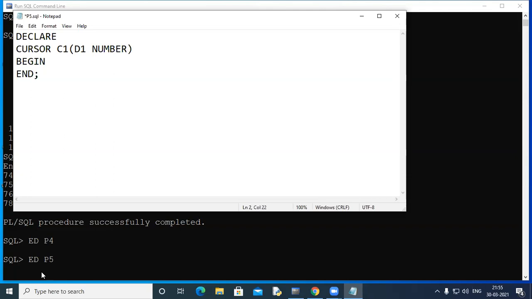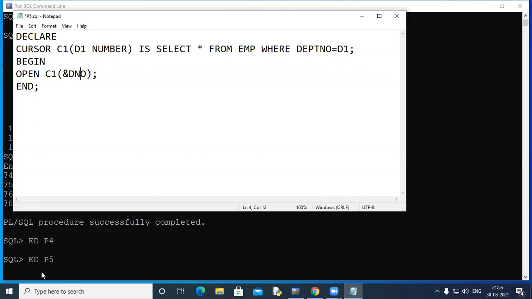Then you can write is select star from M where department number equal to D1. D1 is the same that you have used there. When you write open C1, then you can write a declaration like this. Just see the connection, you've already done this type of programming in C, C++.